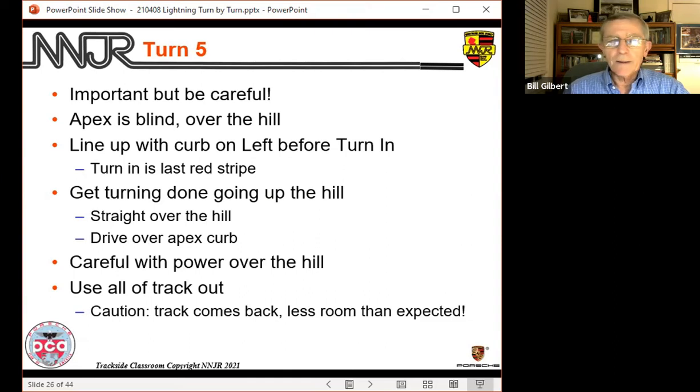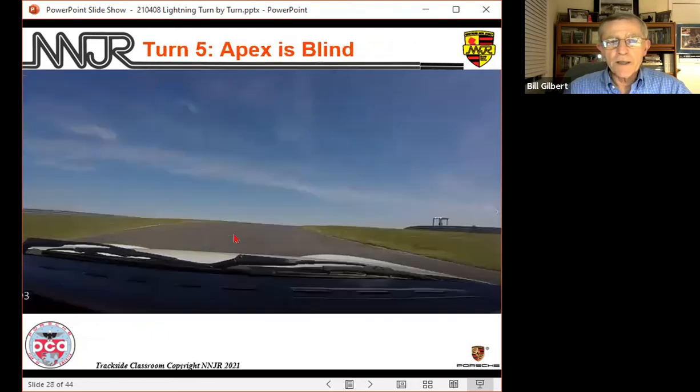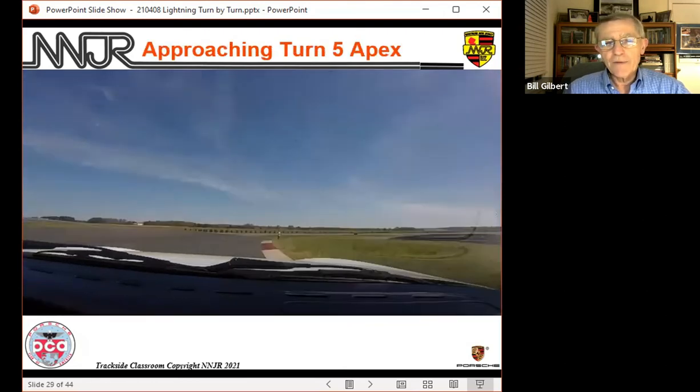at track out. So approaching the corner, the curb on the left here, most people drive this by lining the car up with this curb and then turning kind of at this last red stripe that's on the left side here. And obviously we can't see the apex from the turn in. We can't even see it after we turn in and head up the hill. It's still blind, right? We have to be well and truly on top of the hill to even see the